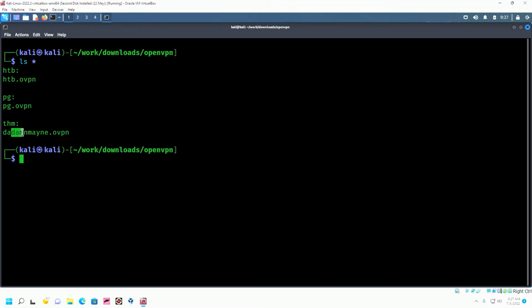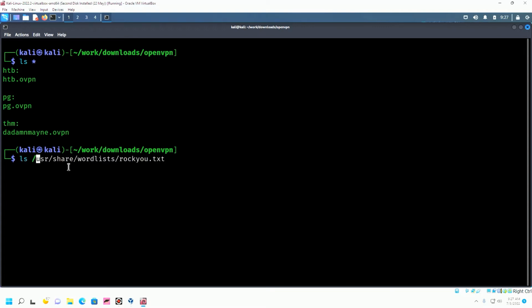Awesome. So if I do an ls star, you'll see that in my HTB folder, I have HTB, OpenVPN, and then etc. I don't know. For TryHackMe, I have the main.ovpn, go figure, right? So I don't want to type sudo OpenVPN, blah, blah, blah, HTB.ovpn every time because I'm lazy. So what I did was